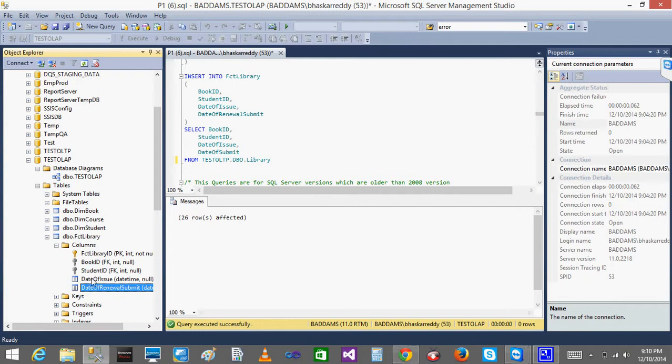By looking at the date of issue, you can do that. You can also see how many students didn't return the books. If the date of renewal or submit is null, it means that student didn't submit the book. Then you can say, okay, this is the total number of books that student didn't return to us. So accordingly you can plan.